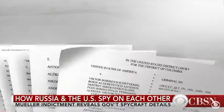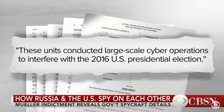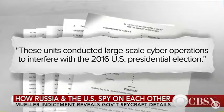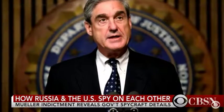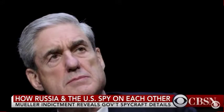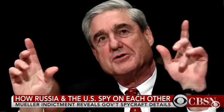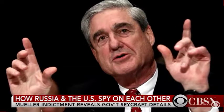Trump-Putin summit, and before Maria Butina was charged with being a Russian spy, special counsel Robert Mueller issued an indictment of his own. He charged 12 Russian military officers with conducting large-scale cyber operations to interfere with the 2016 U.S. presidential election. The indictment made headlines because of the evidence it contains, illustrating steps the Russian government used to meddle with the U.S. election. But the indictment also contains lots of information on how Russia and the United States spy